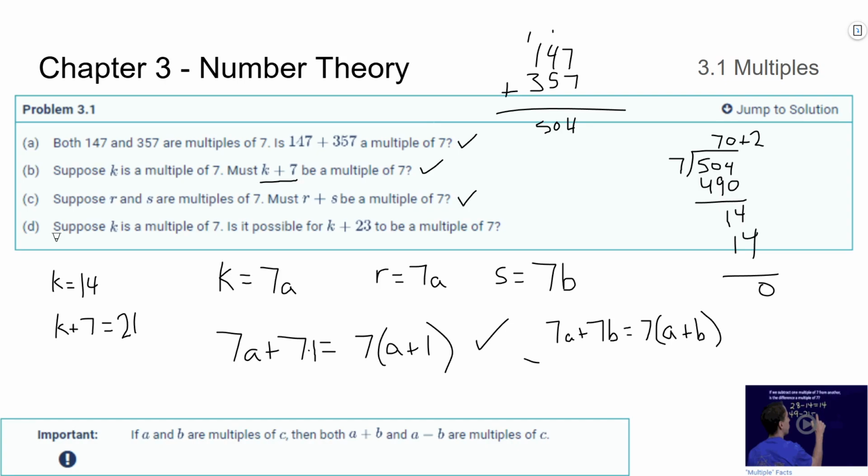Okay, so now suppose k is a multiple of 7. Is it possible for k plus 23 to be a multiple of 7? Well, at this point, you probably know that this is not going to be a multiple of 7. But let's see if we can find a reason for that. So let's say k is 0. Let's just set k equal to 0, which is a multiple of 7. Well, if we did k plus 21,